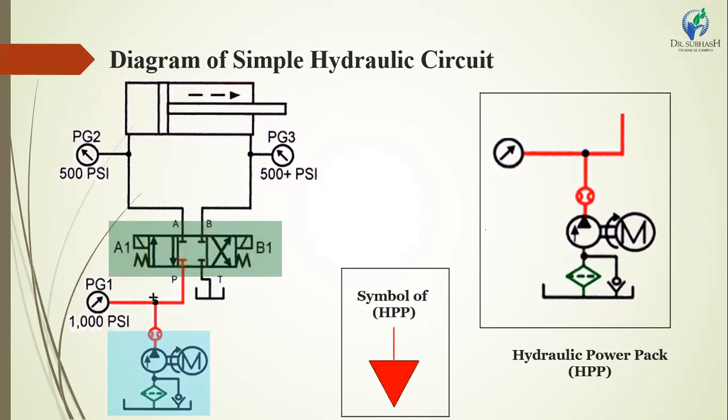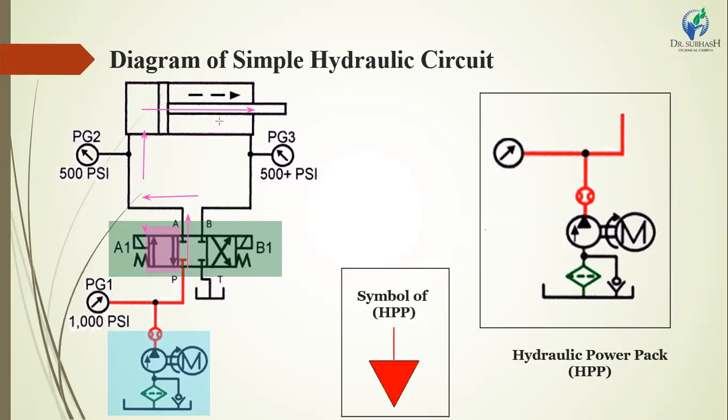First, oil passes from the hydraulic pump to the direction control valve. If you consider the first position of this direction control valve, the oil passes from P to A, and this oil enters into the cylinder. At this time the piston moves in a right side direction, and that's called the extract condition.